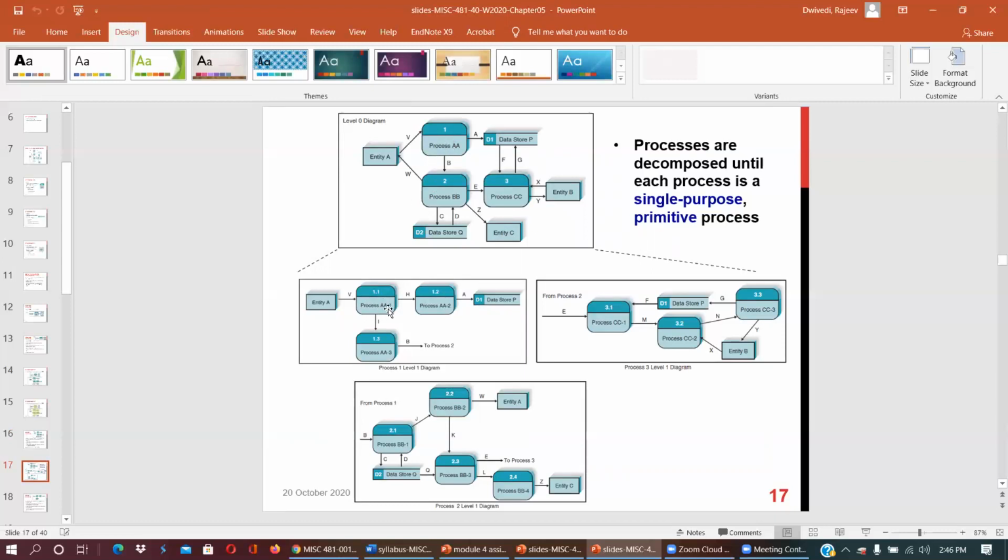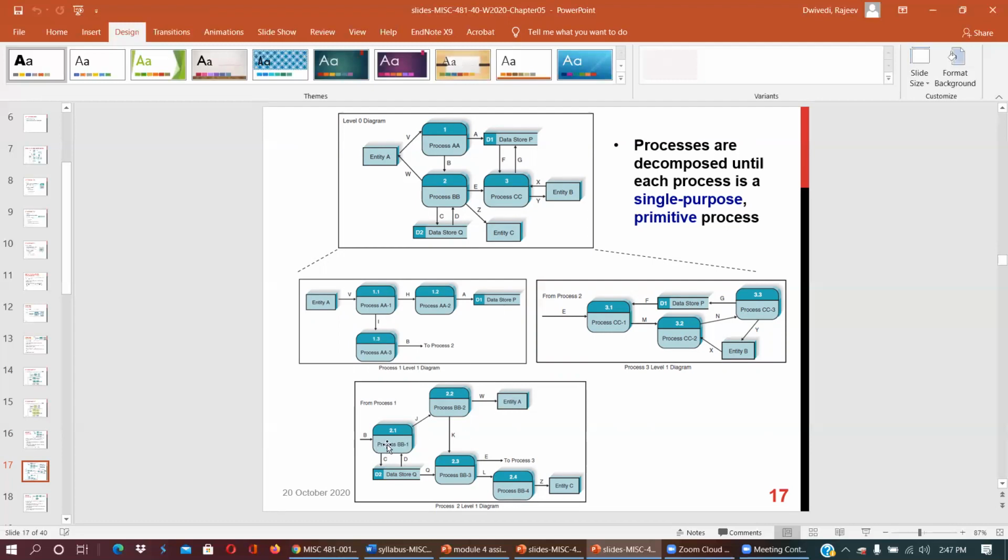Process 1.1 is step 1, 1.2 is step 2, 1.3 is step 3, and then to process 2. It gets the process AA data, which is stored here. So basically process AA is further decomposed into other sub processes.